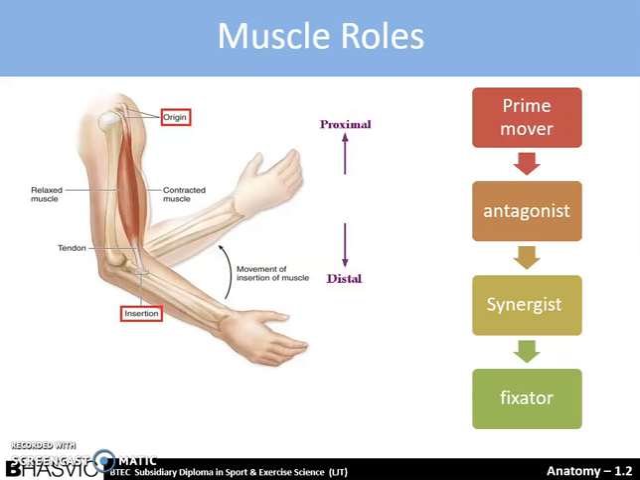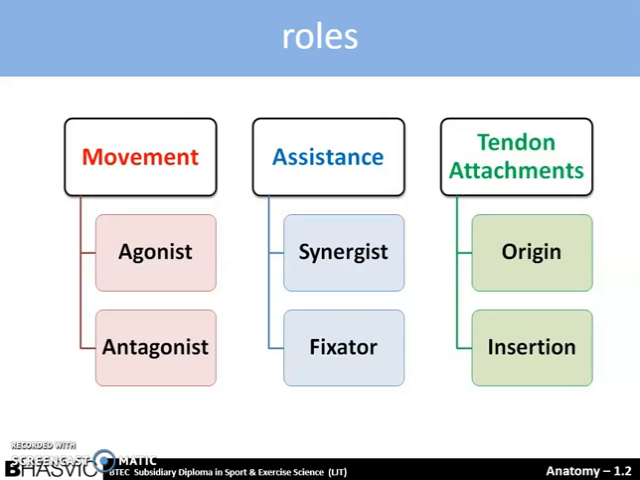The synergist, which assists the prime mover, adds force to stabilize the movement. The fixator, which stabilizes an immobilized bone, reduces any unwanted movement to reduce any chance of injury. The movement is controlled by the agonist and the antagonist. The synergist and the fixator are the assisters of the movement, and the tendon attachments are with the origin and